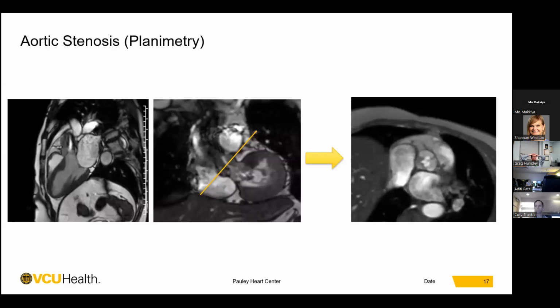planimetry. In order to get an accurate planimetry, again, we have to align our images as accurately as possible to get a good short axis view of the valve, which we can later utilize to do our area by planimetry. In order to do this, you should use two planes to construct your short axis view, as I'm showing here. And as you see, the aortic stenotic jet has a white core in it and dark rims